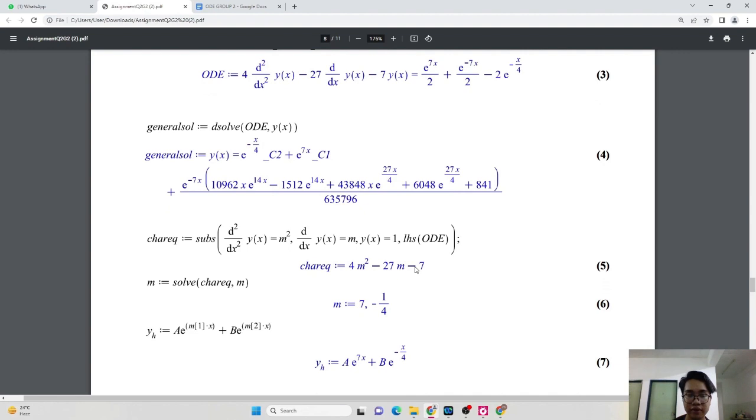And the fifth step is char EQ equal subs bracket d power of 2 over dx to ys equal